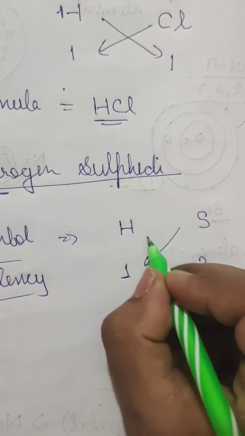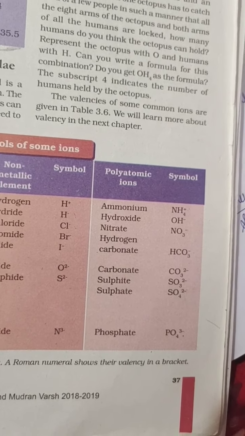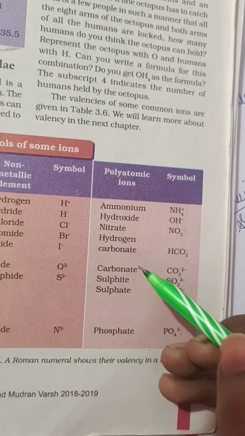Now you have learned about these symbols of ions. Okay, so these are the symbols of ions. Here we can see that magnesium is a simple ion, so it has 2 plus, so you can learn the valency from here. Magnesium has valency 2, calcium has valency 2, zinc has valency 2. So when you learn the symbols of these ions, it will be very easy for you to write the formula. And then here are the polyatomic ions, which are also used to write the chemical formula. You should learn the valency of these as well.